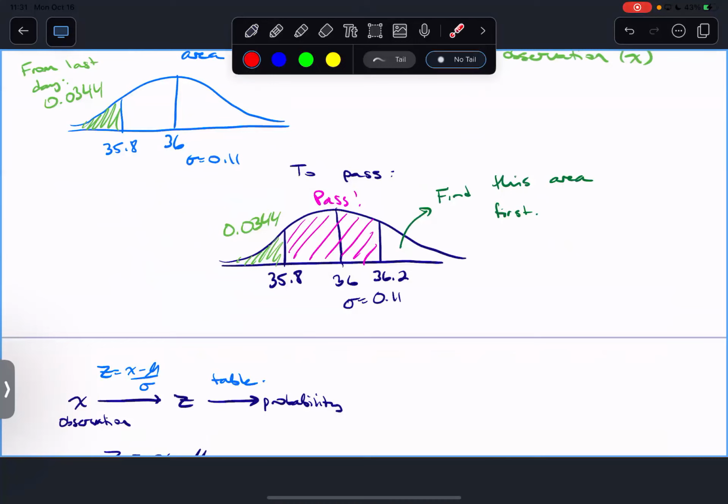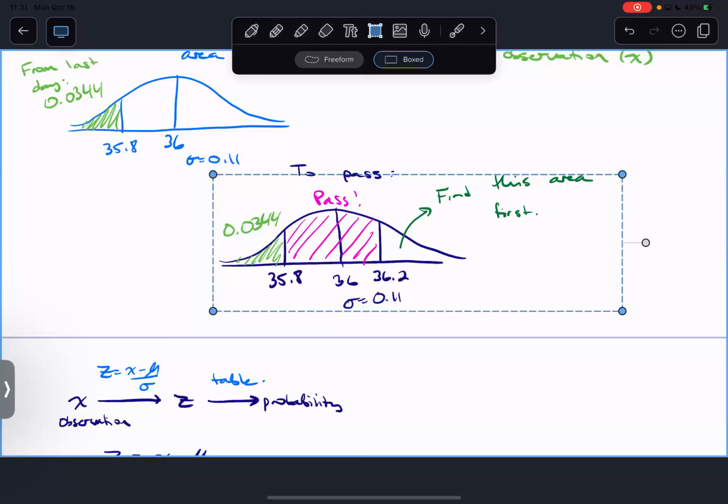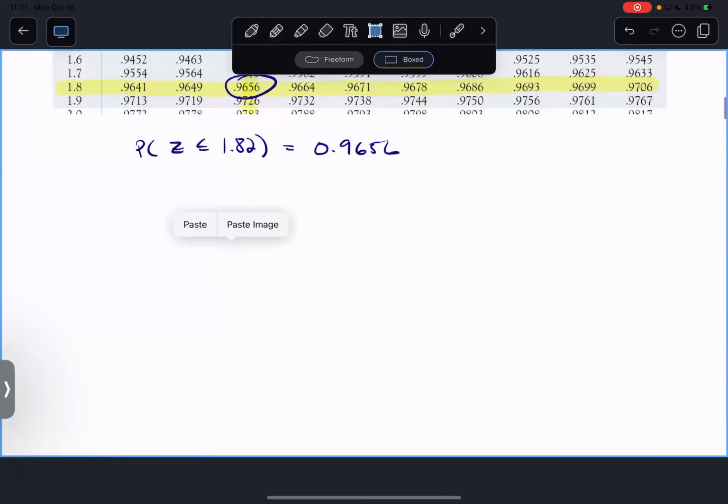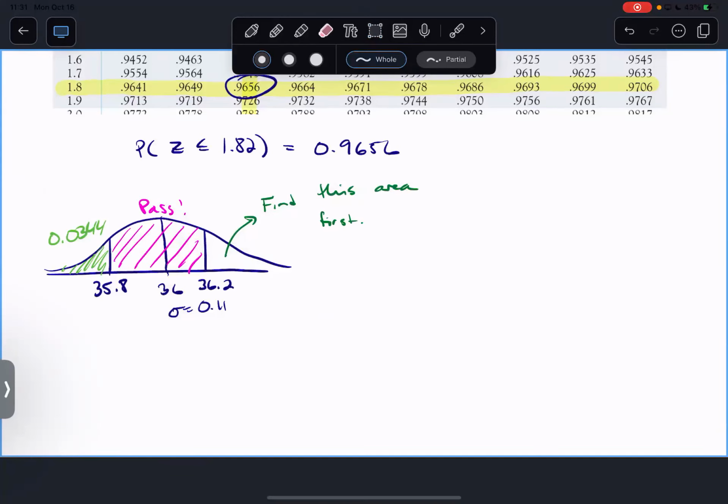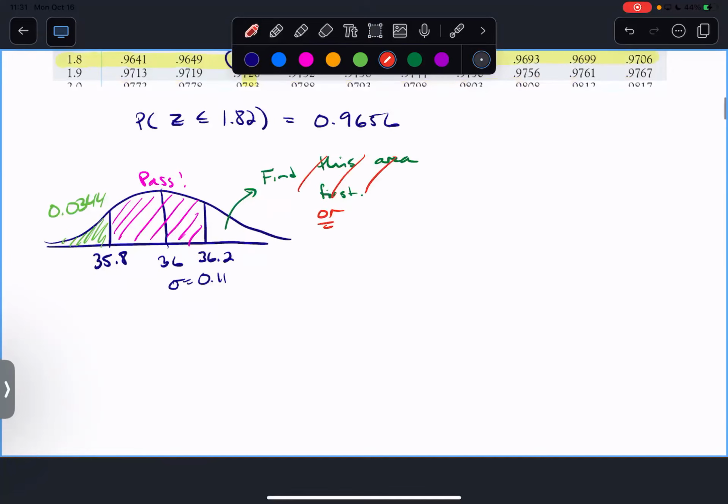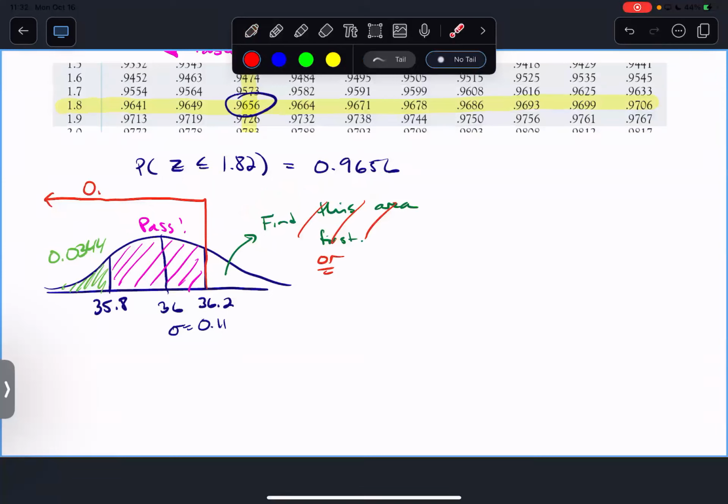Now that I think about it, maybe we don't need to find this area first. Like I said, there's lots of ways. Some are more efficient than others, but they'll all work. So how about this? Or take this area. It gets really messy if I start to shade all the areas, so what I do is I take my line and I draw it up above so that I can have some clarity here. But the table says that this area to the left of 36.2